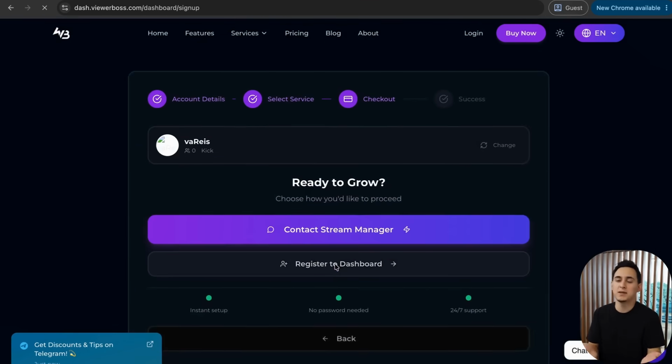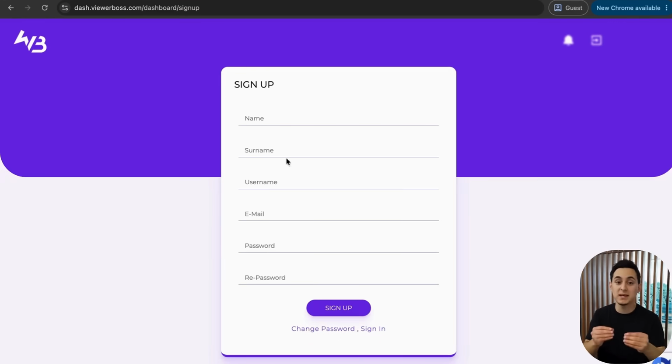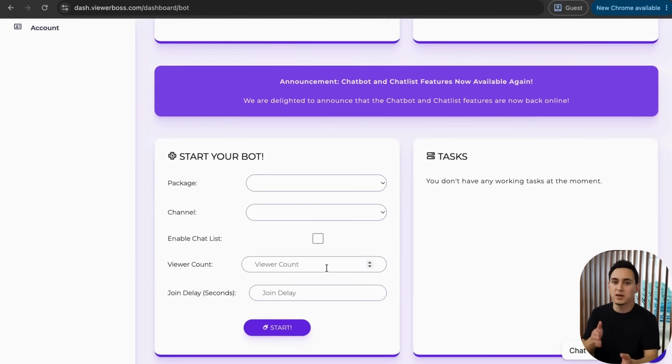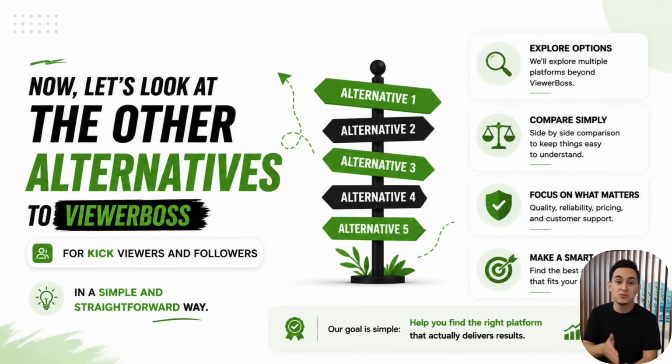Sign up for an account, click Register to Dashboard, then sign up and create your ID and password. After that, select your plan and proceed to the next page for the payment options. This was ViewerBoss. Now let's look at the other alternatives to ViewerBoss for Kick viewers and followers in a simple